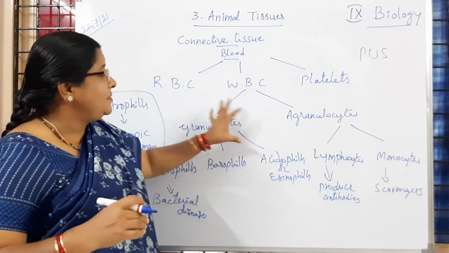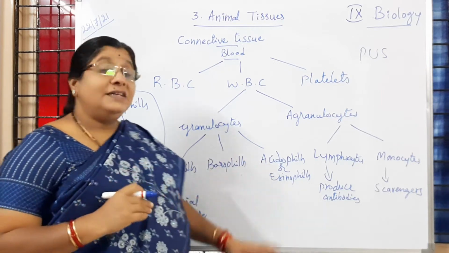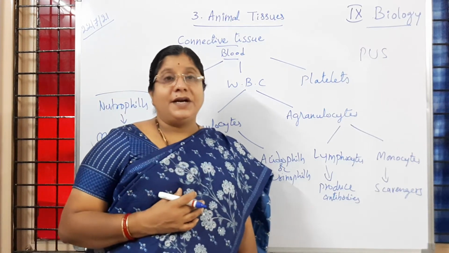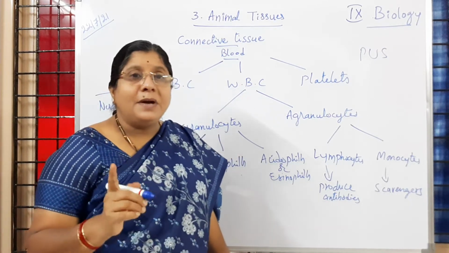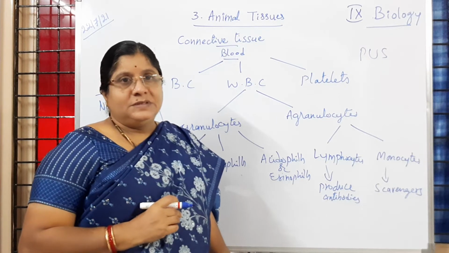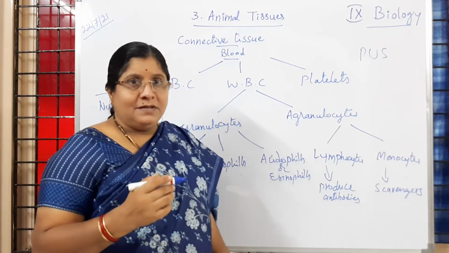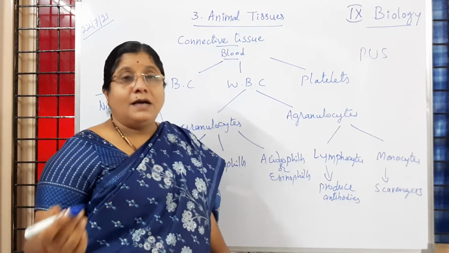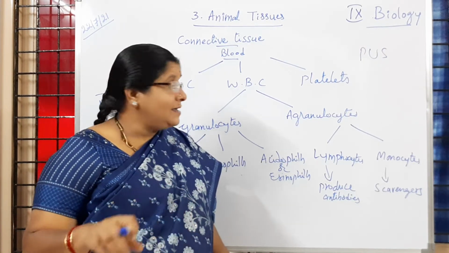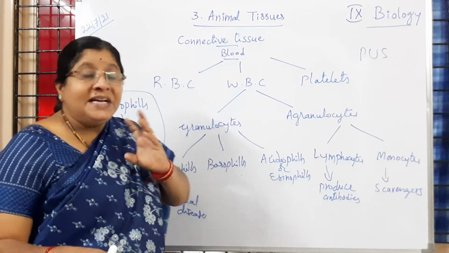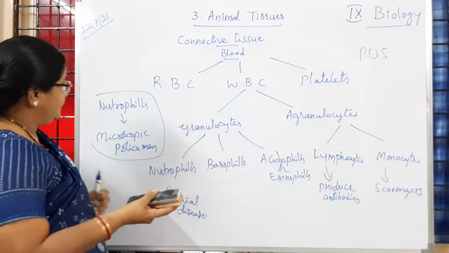So like that the WBC help in protecting our body against disease causing organisms. Is it clear to you? And you have to remember here that WBC are less in number when compared with RBC. Then some of the WBC number will be increasing at the time of fighting between pathogens and our body health. Is it clear to children? So like that it is happening. Body defense is because of WBC. This point you have to remember.